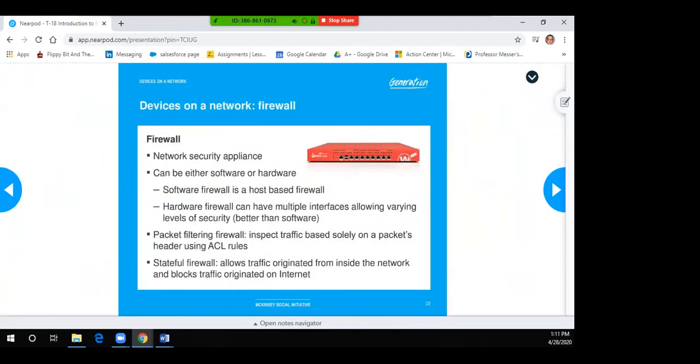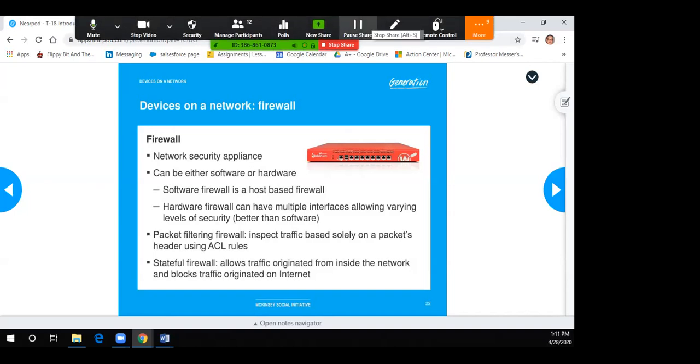Firewall. This device is there to protect us. It's a network security device, and it is either software in some cases. A lot of the new OSs have a software firewall, host-based, and the sophisticated ones are the hardware firewalls. Those are usually in 2 or 3 locations inside some of these